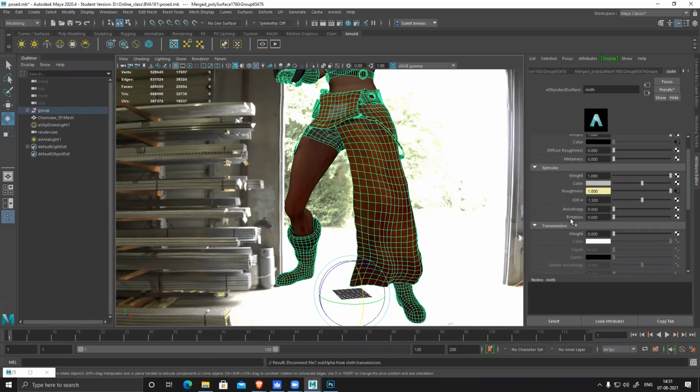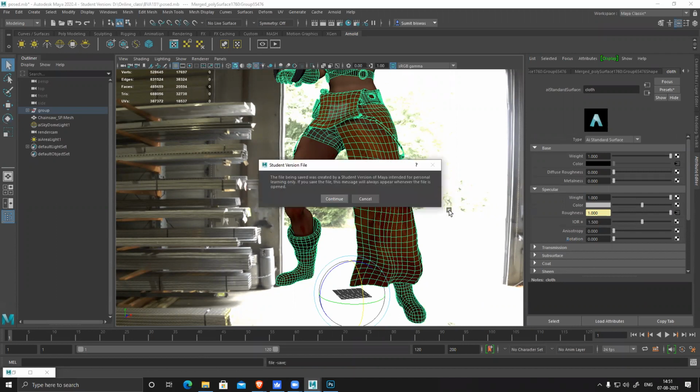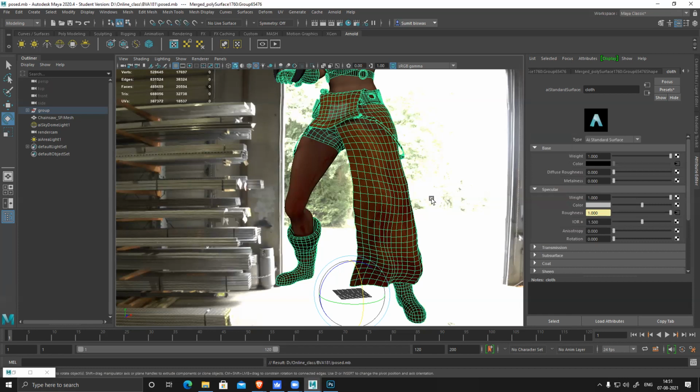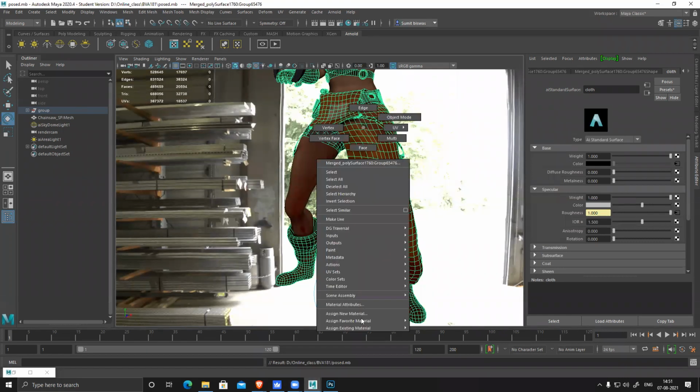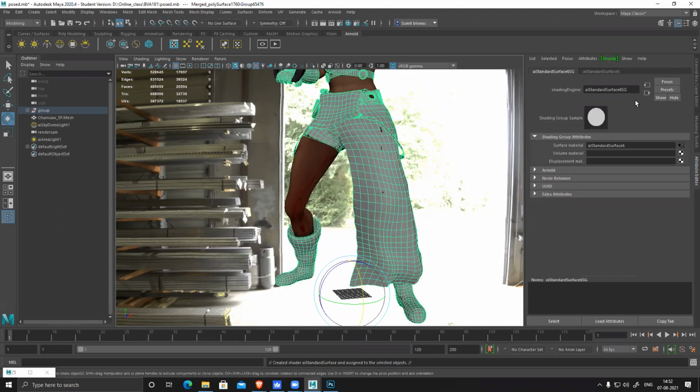Height showing all this thing. New material. I guess I messed up something. Standard surface.